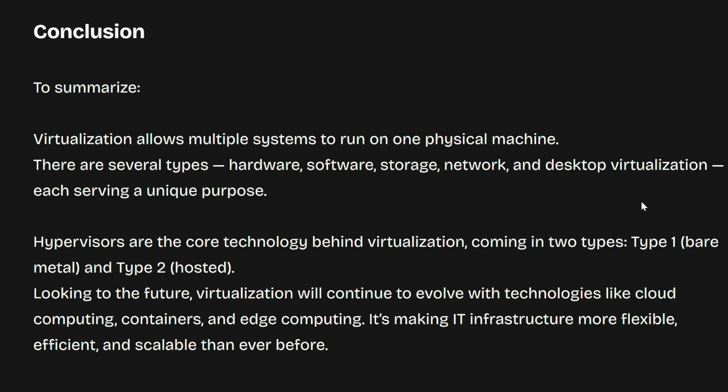Conclusion. To summarize, virtualization allows multiple systems to run on a physical machine. There are several types: hardware, software, storage, network, and desktop. Each serves a unique purpose. On the other hand, hypervisors are the core technology behind virtualization, coming in two types: type 1 bare metal and